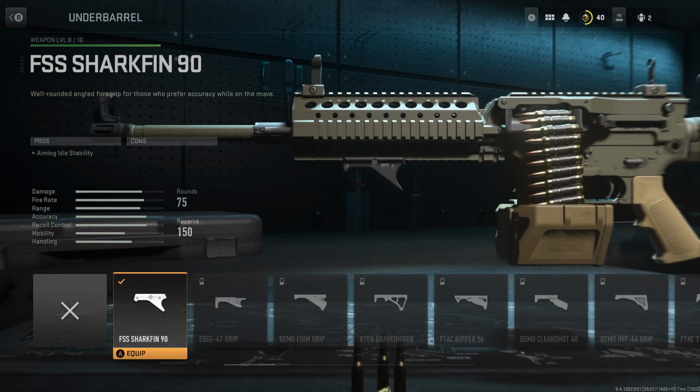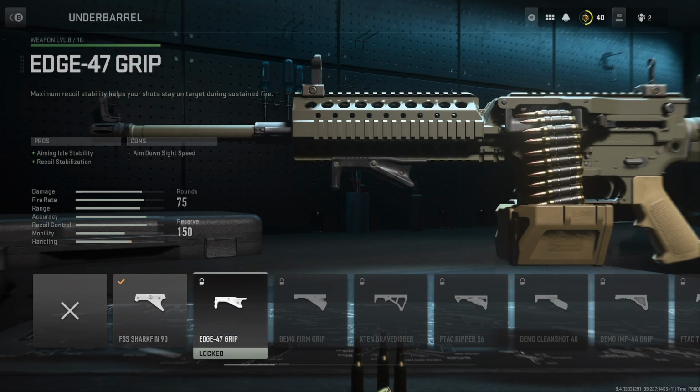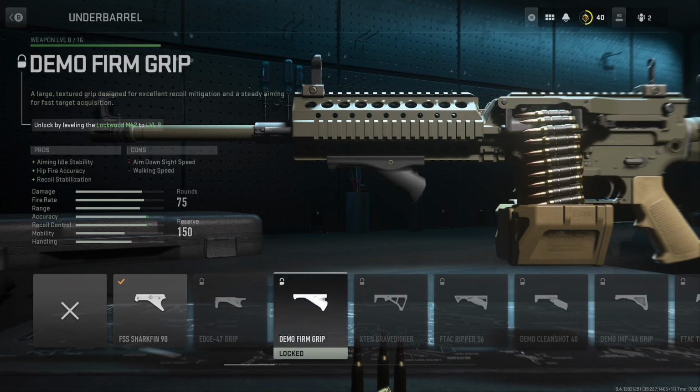Let's take the underbarrel stuff again. They show you that grip, but this grip you can't unlock for the M4 platform. And they show you this one, the demo firm grip, but I don't unlock the demo firm grip by using my Icarus. I've got to switch to the Lockwood Mark II and get that to level 9 before I can unlock this grip. And it just doesn't make sense,